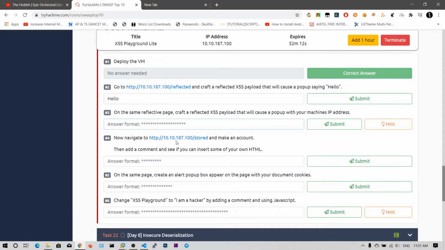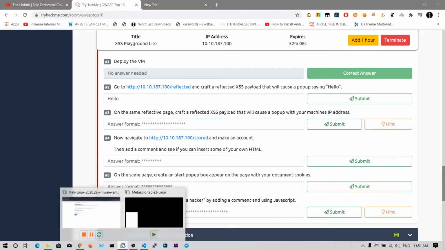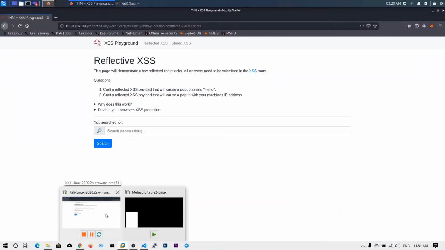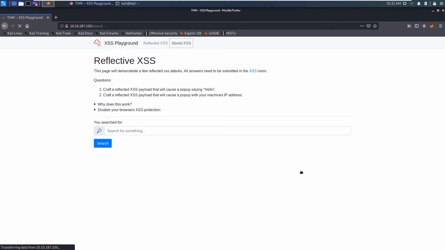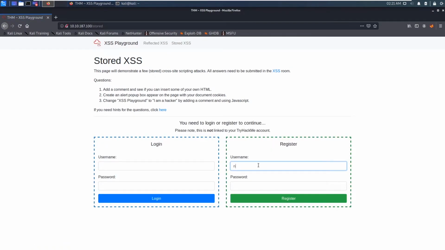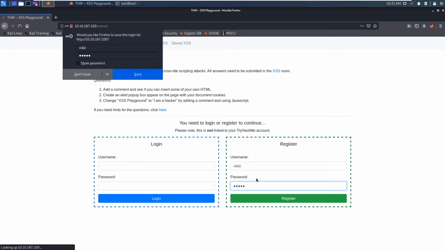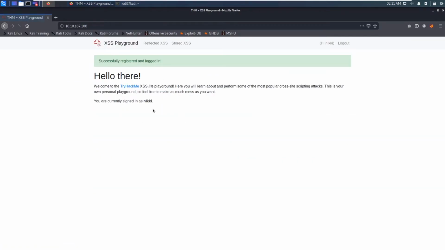So now we're going to navigate to this stored XSS and you need to register an account. Okay, let me go to the stored XSS and let's say Nikki username and also password Nikki. So don't worry about this password.